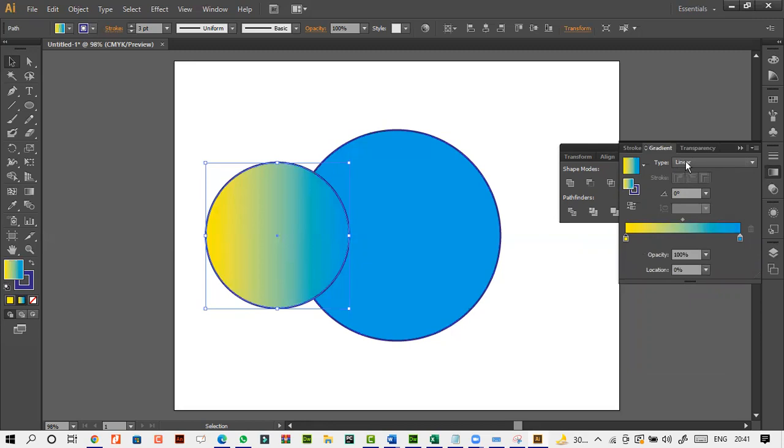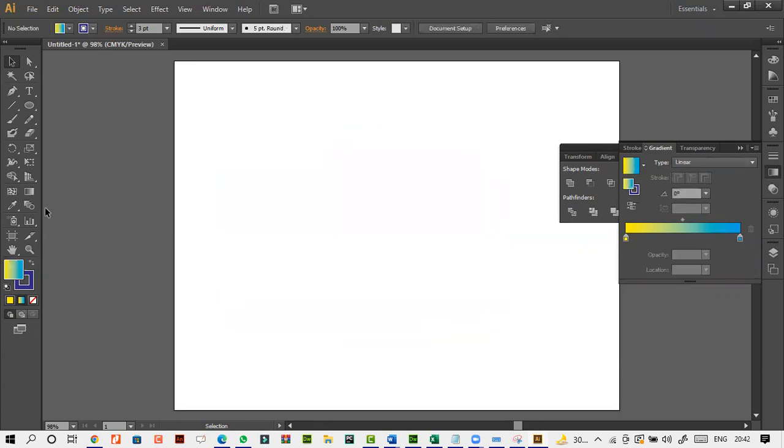Okay. Your gradient could be linear, could be radial. It depends on what you want. Okay. So you can apply different sorts of gradients on different shapes as well. Yes or no? Okay. As far as text is concerned,